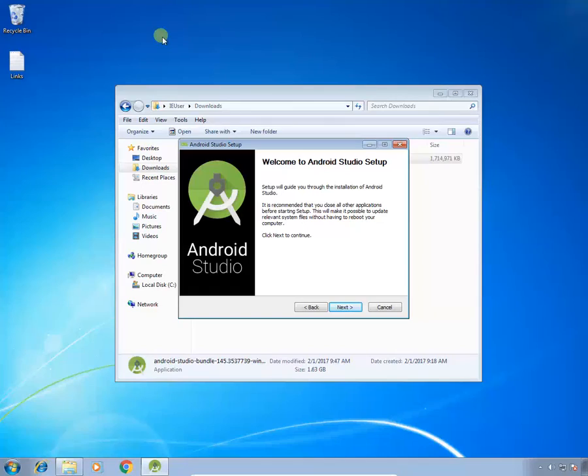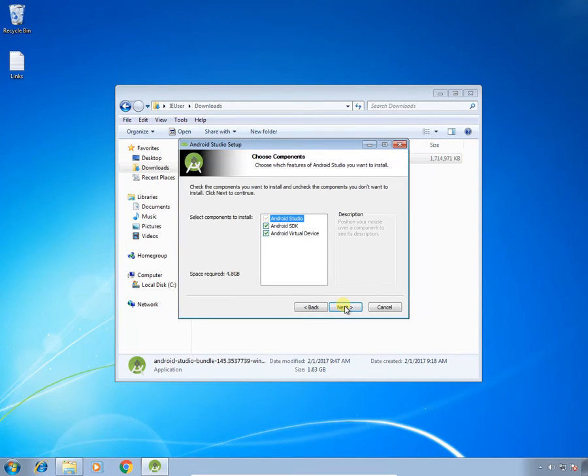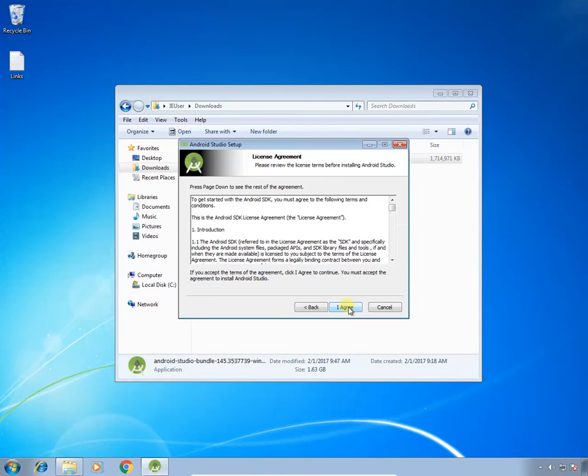Click on yes. After that you will get a dialog box like this. Click on next to begin with installation. Do make sure that you take both Android SDK and Android virtual device, as both of these will be used to develop the Android project, and in order to test your application you will need Android virtual device. So click on next, then agree to terms and conditions,